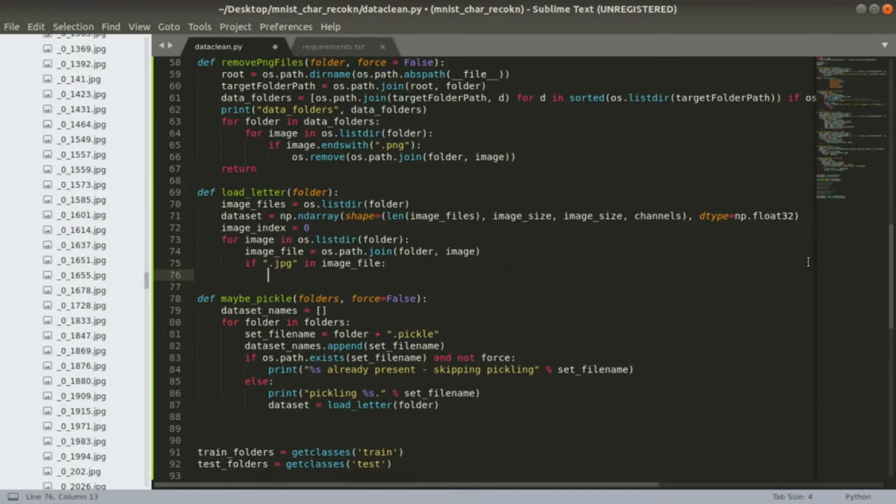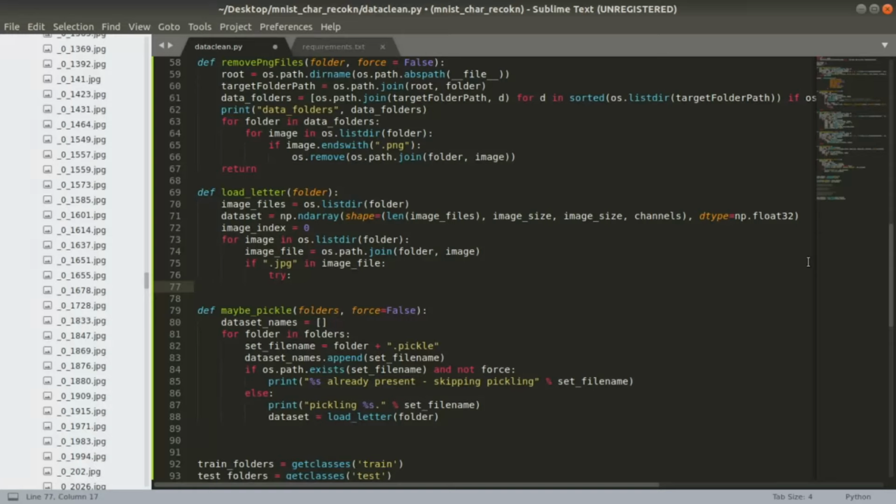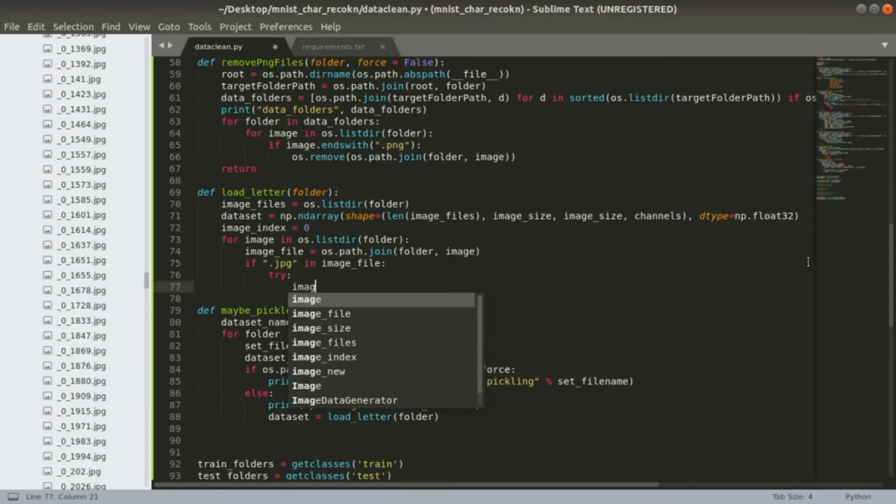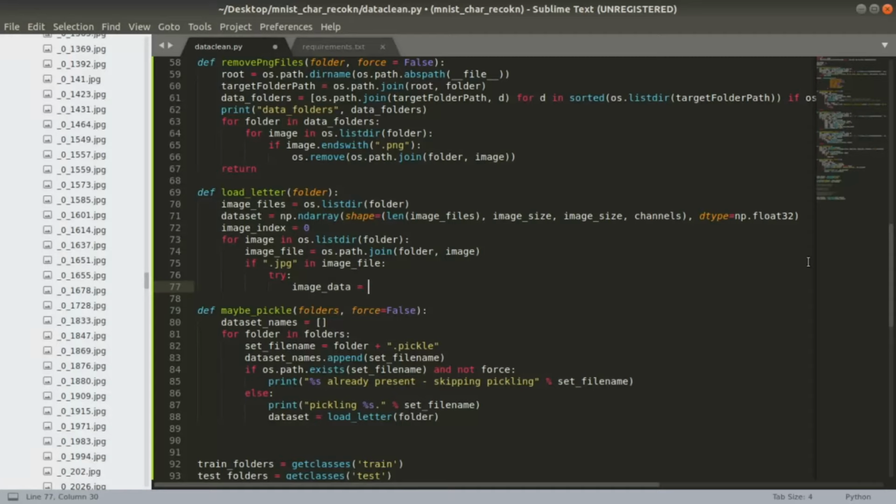Let's convert the image into a array format. For that, we can use IMRead API from Matplotlib.